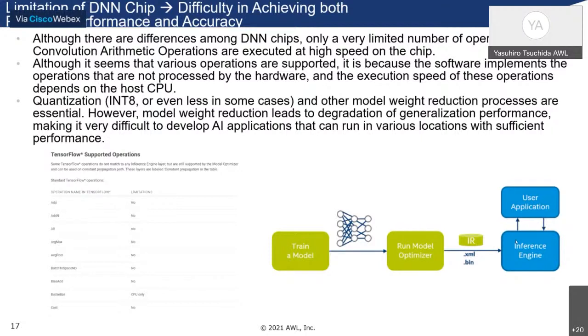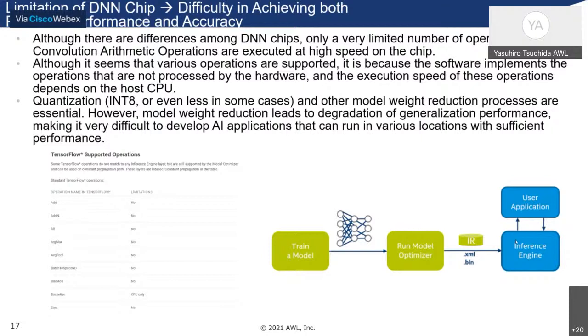Almost every DNN chip has a restricted limitation of the model size. Only a very tiny model can work on the chip. For example, the famous detection model, YOLOv5M, is more than 20 megabytes. But deploying the 20 megabyte model to the chip is not realistic. We need a very tiny model, for example, 1 megabyte or 2 megabytes.